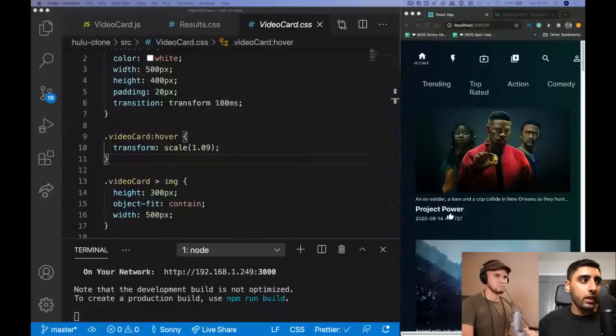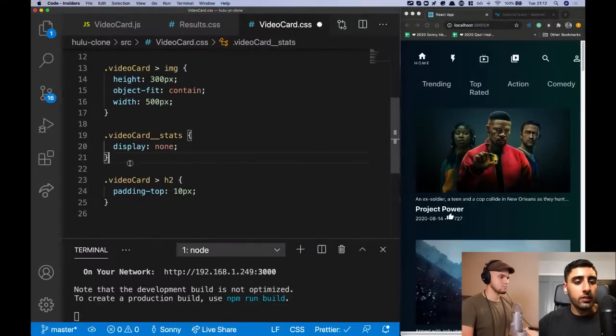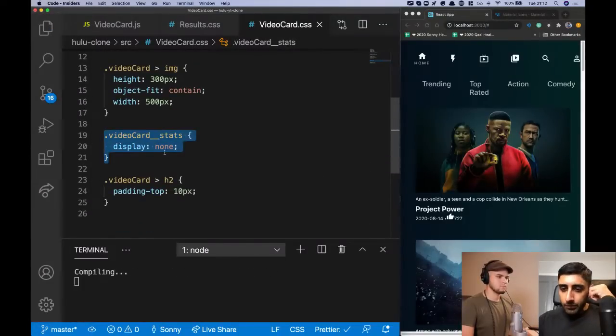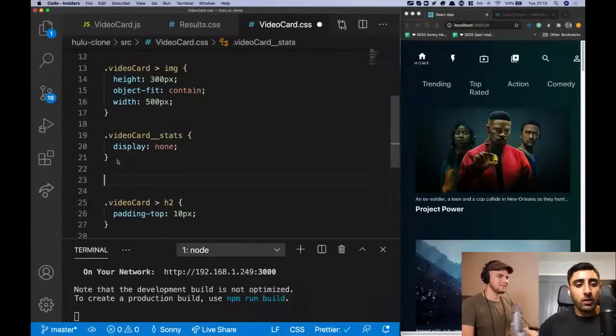We say, by default, hide the video card stats. So by default, hide the video card stats. If I save that, you'll see it's disappeared now, right? It's disappeared. It's not there. And then what we're going to say is, okay, when you hover over the video card, so when we